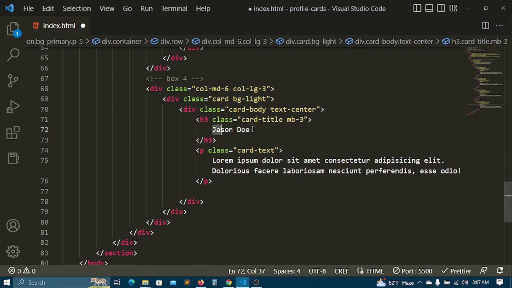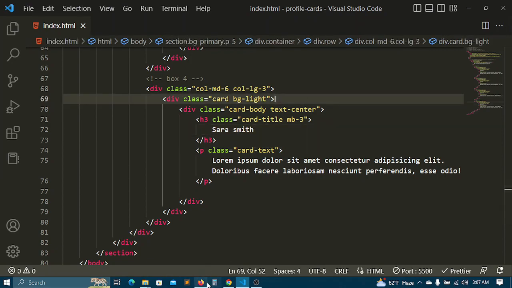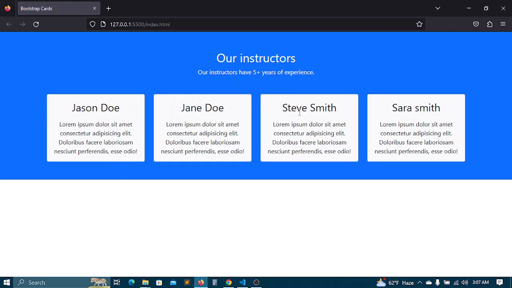And then we can add another woman's name here, let's say Sarah Smith. Now let me save this. Let's open up the browser and we can see that these names have been changed, which is pretty awesome, but